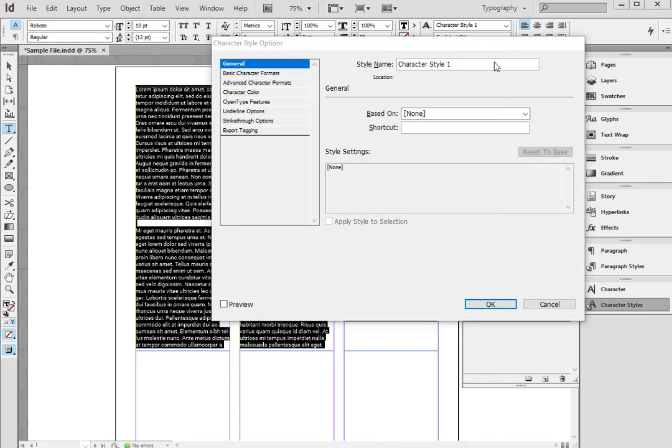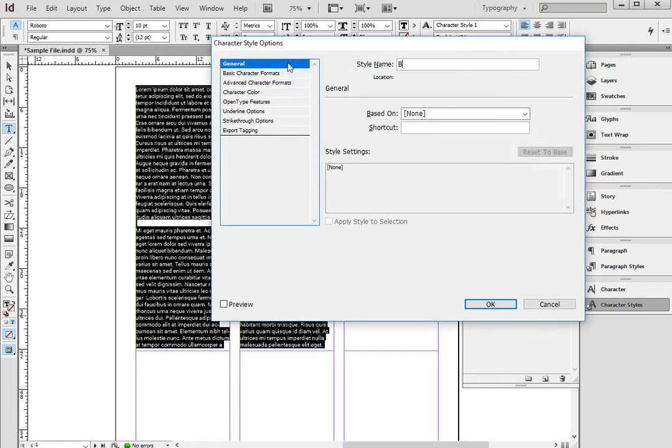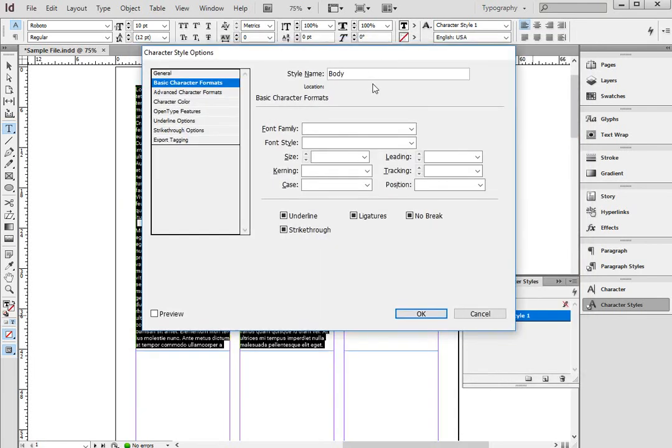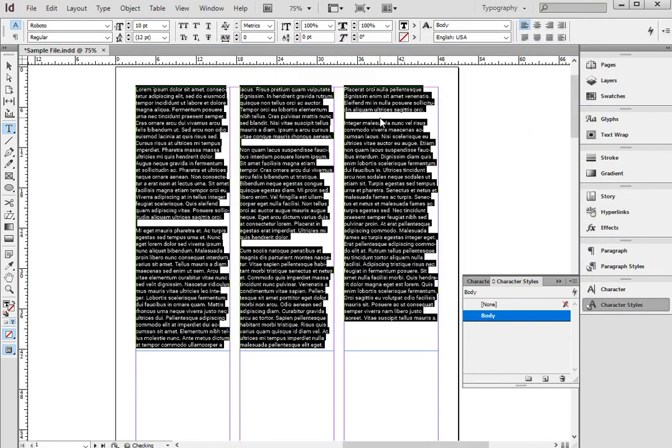This is the text I'm going to use for most of the document. If I go to the next option, the basic character formats, it appears as though it has not derived all of the information, but this is where you would define the information about your character style. So again, I'm going to choose those same options. I'm going to tell it I want it to be Roboto. Whoops, I prematurely closed that, so if I come back here to my character styles and double click body to reopen it,